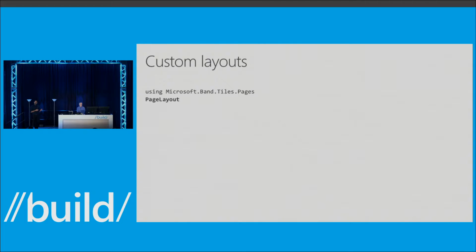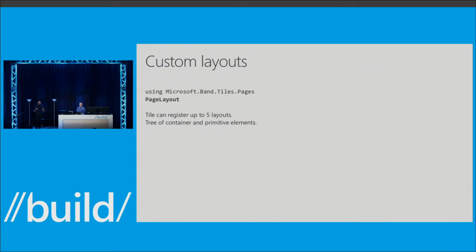The other way to create pages inside of your tiles is through custom layouts. With messages, all you get is a title and a body, and the body has up to 160 characters, and it scrolls, and that's it. But if you want fine-grained control of where the content shows up and if you want to show icons, images and buttons, you want to use custom layouts. When you create a Microsoft Band tile, you can register up to 5 layouts. Each one of these layouts is basically a tree.